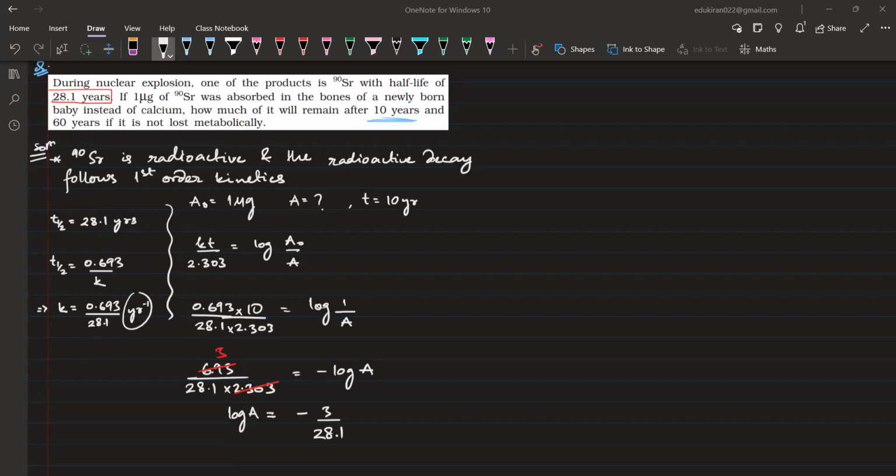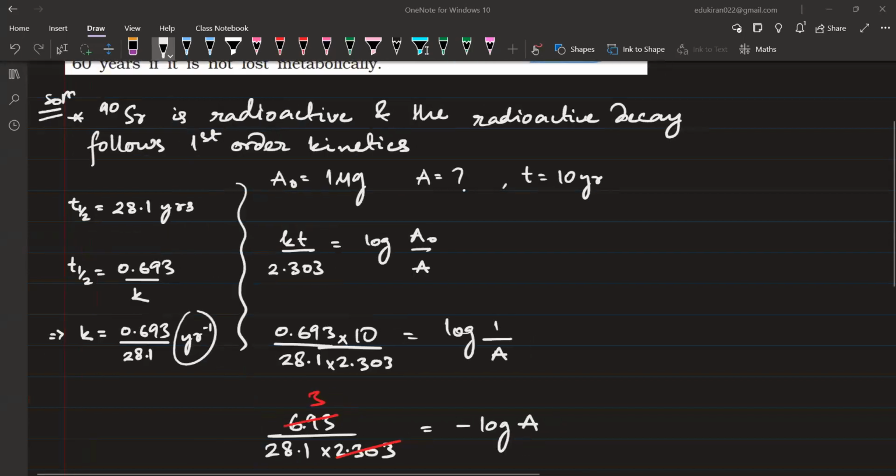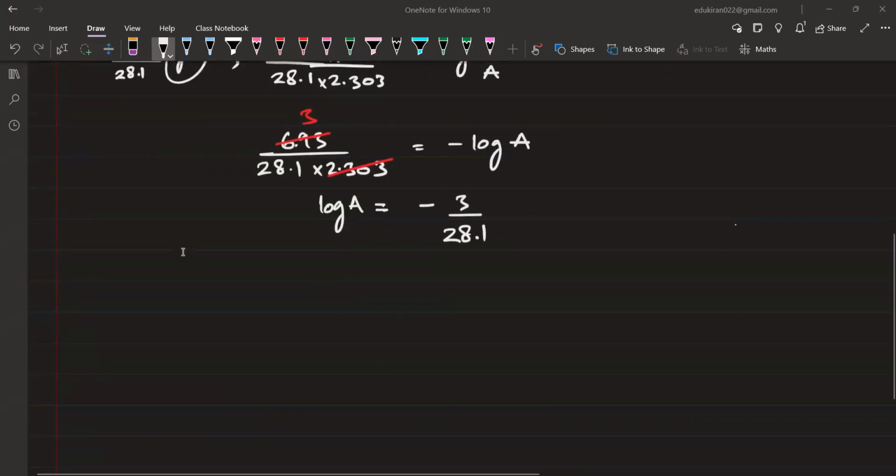Yes, Sidra, very good, correct. The others' answers are not coming. Amna, you just forgot the minus sign, but log A will be equal to minus 1, sorry,